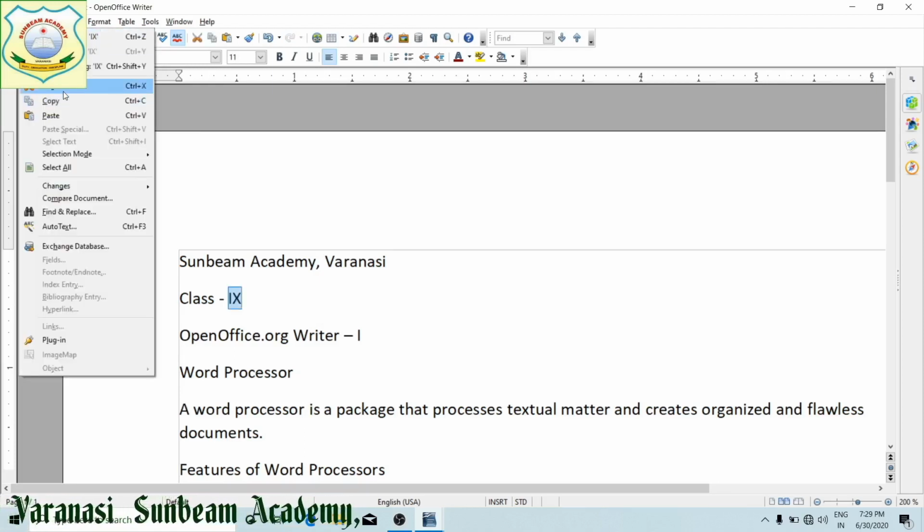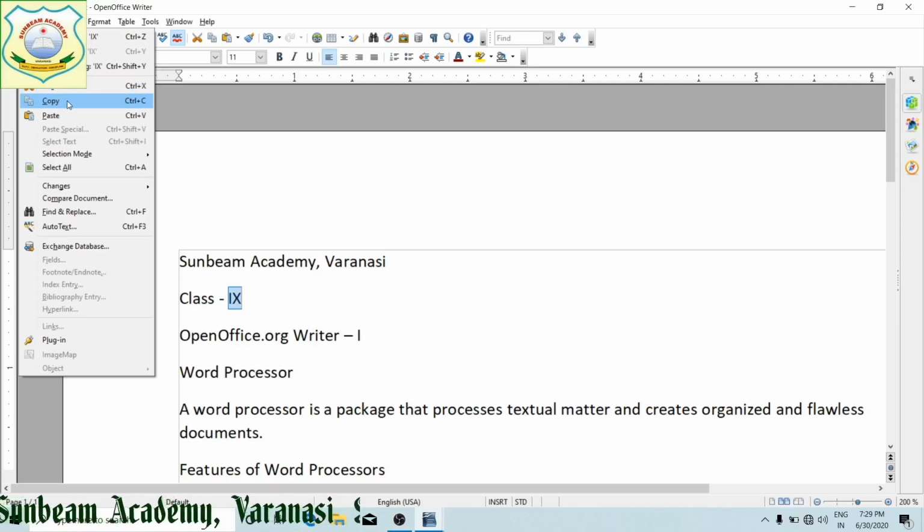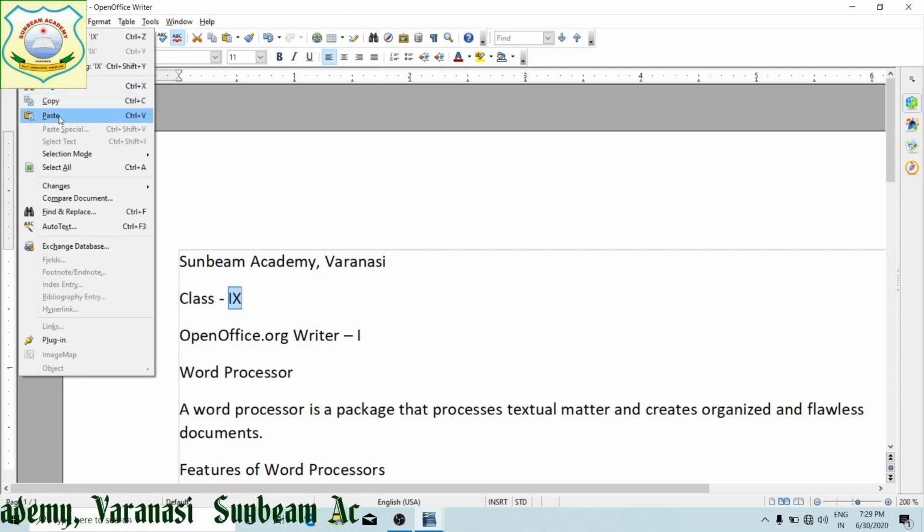Next is cut, copy, paste. Cut means to cut some part of the document from its location. Copy, to paste it at your new location. It will copy into the clipboard. Paste option, cut option to move, we will use paste. Copy to make its duplicate, we will use paste. Means cut, paste will move the document, copy, paste will make a duplicate of the document. This is selection mode, select all, then few. This one we will see next time.